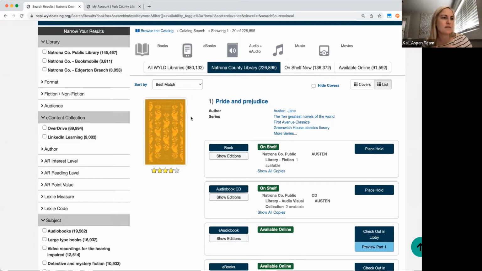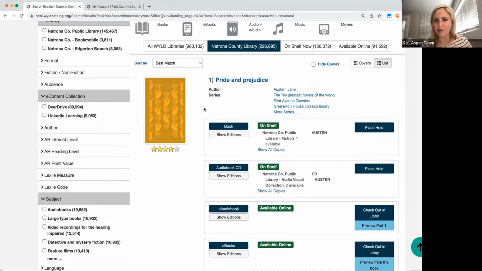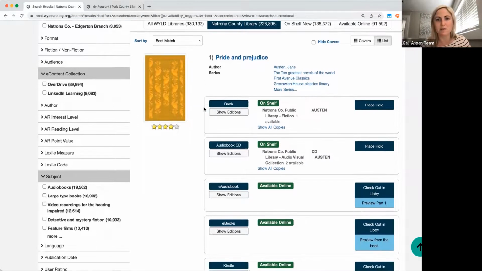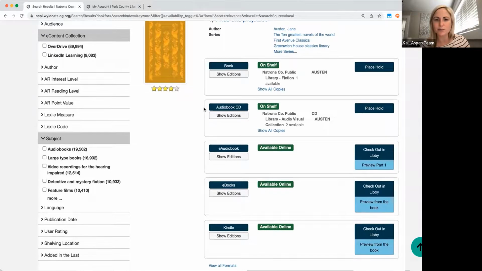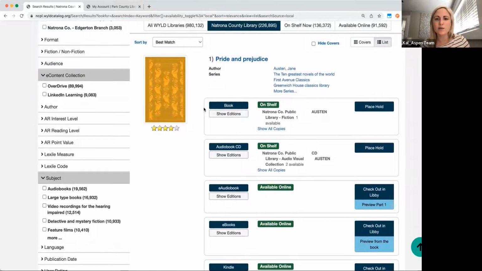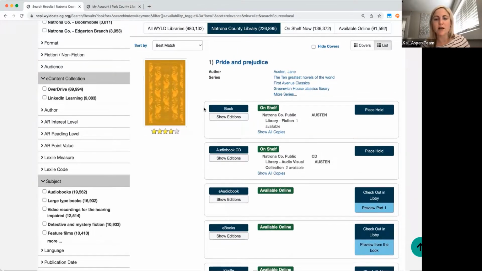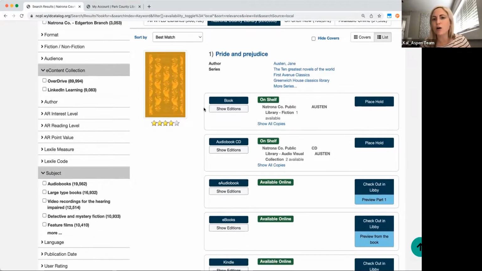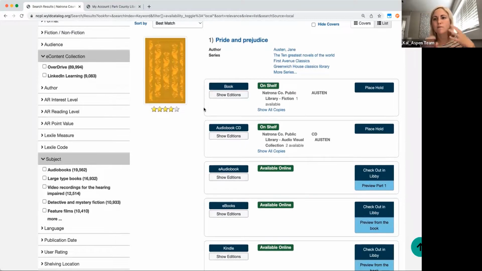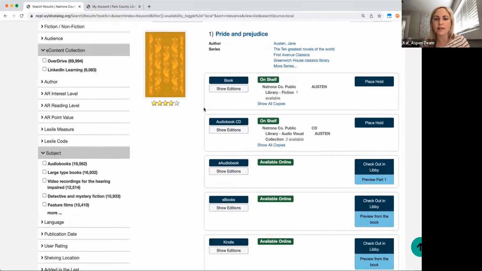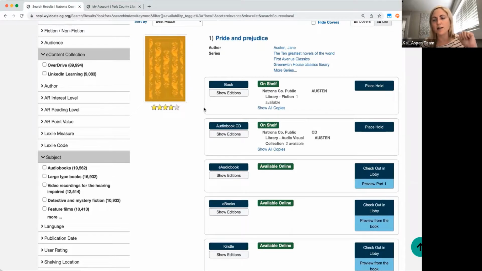Okay. So you might be noticing that the record grouping or the records look a little bit different than maybe you see in other catalogs. So in ASPEN, we use a process called FRBRization or record grouping or grouped works, whatever you want to refer to it as, to show all available formats in one place of the same title and the same author of a work, and also the same expression of the work.